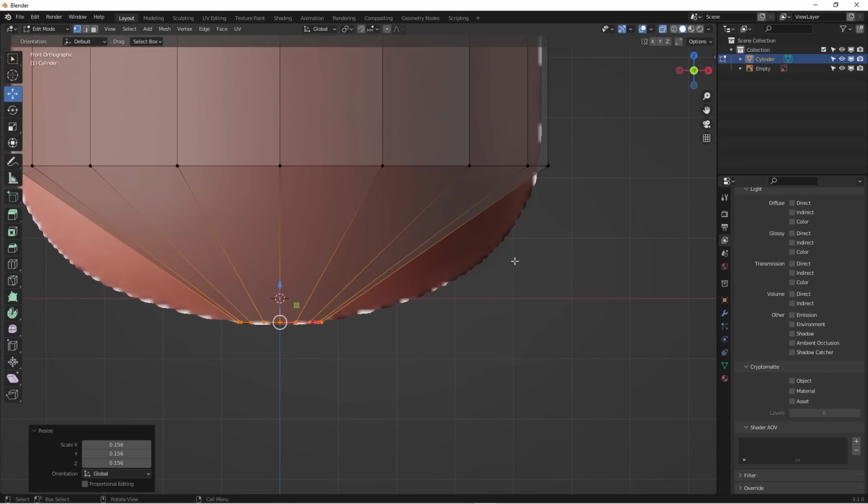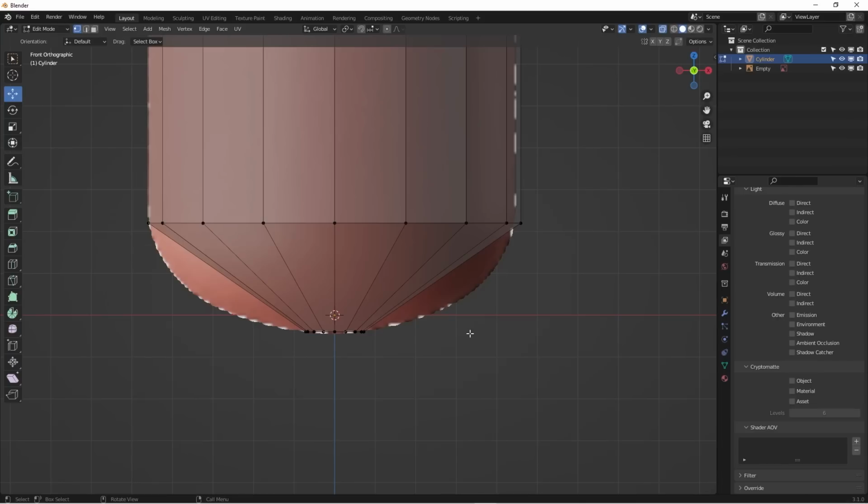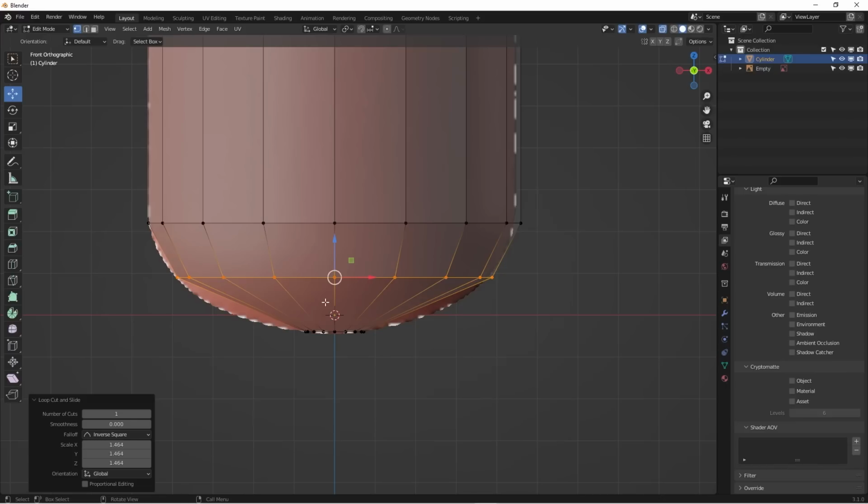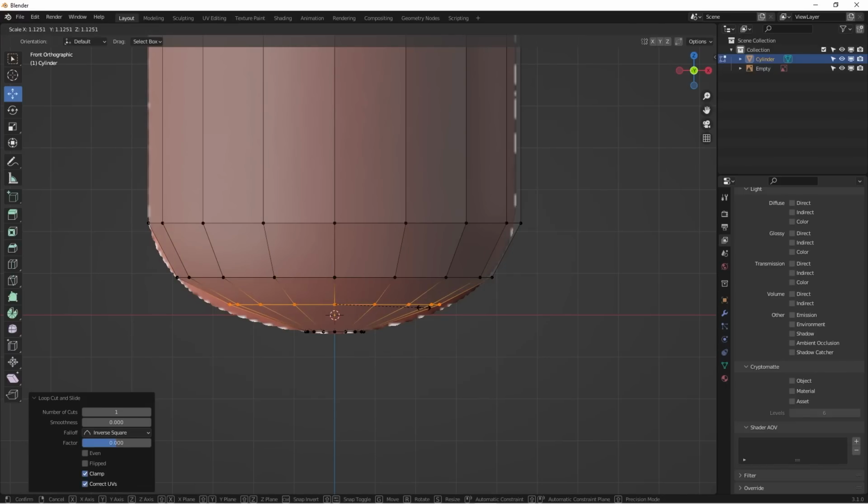Yeah, you probably think, well, this is kind of a curve. Well, the next thing we are going to do is add a loop cut. Okay, Control R and hit that, and then we do this, and then left click and hit S to scale up. Okay, and the same thing, we're going to add more loop cuts. Control R in here and hit S to scale,